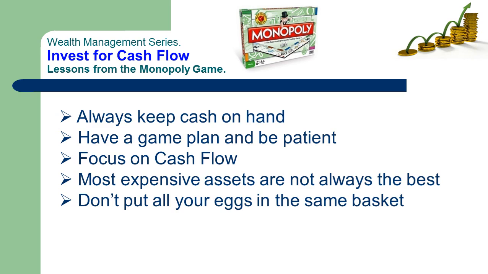The way you win in Monopoly is by collecting rents on property, and that rental income is essentially a cash flow. Now, not many people know this, but the most valuable properties on the Monopoly board with the best cash flow are the 4 railroads. If you own all 4 of them, you put yourself in a very, very good position.